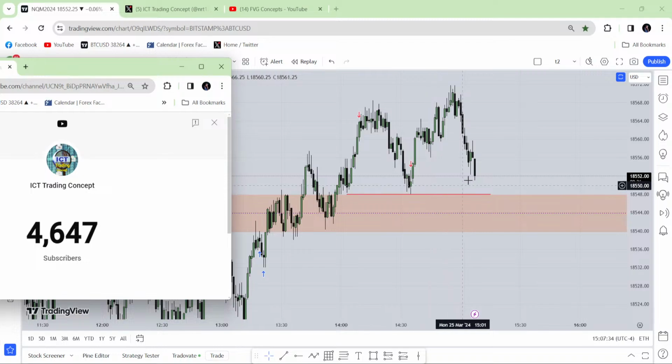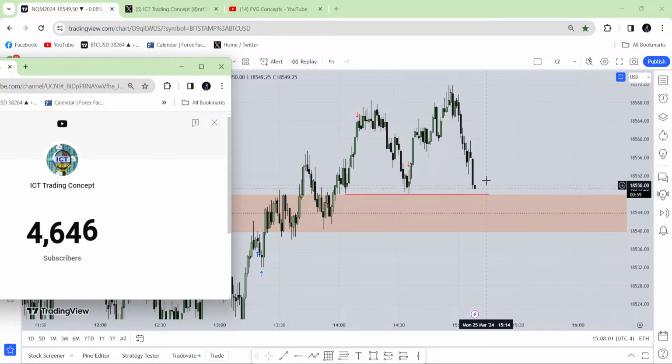What am I waiting for? I'm waiting for price to come here. What is that? That is the hourly fair value gap. First, price has to reach over here. If it can reach over here, then if it can give me another market structure shift, I'm going to take that buy. Otherwise, I'm not going to do anything over here. I'll just watch the price. This is the last hour. The setup from the last hour actually created between 315 and 345. In between 315 and 345, there will be a setup.